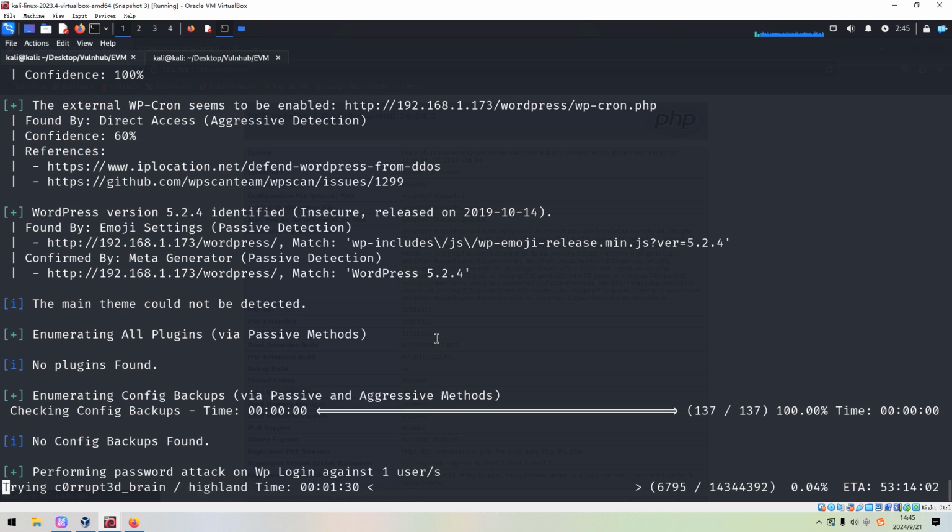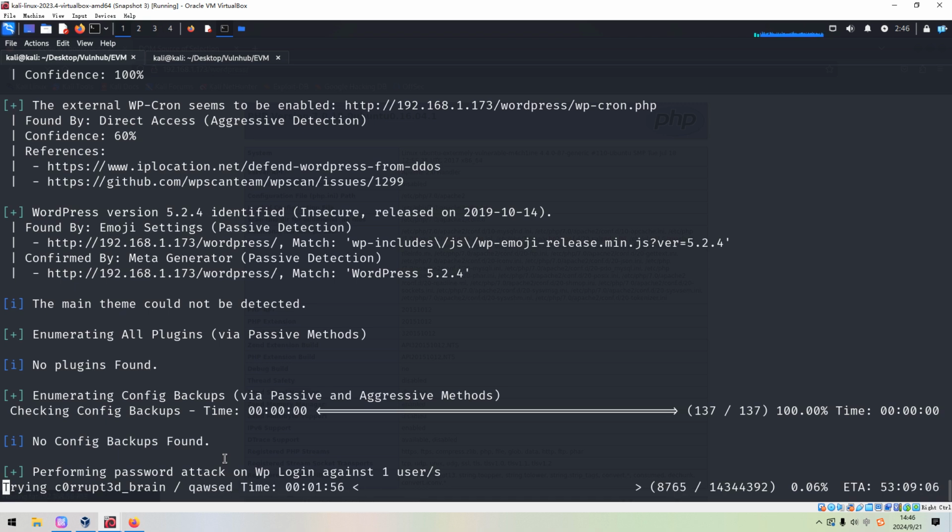We can give this a bit of time to finish, to see whether we can retrieve the valid combination of username and password. If not, then maybe we need to take another option to scan the plugins more aggressively.